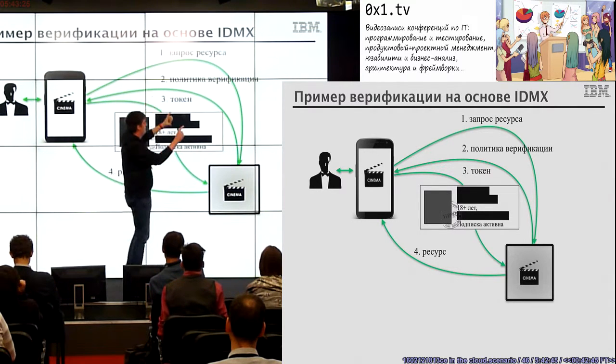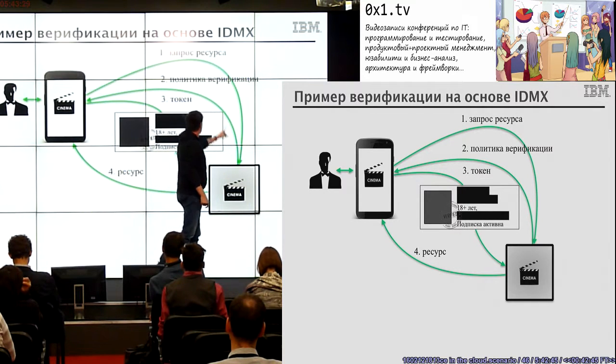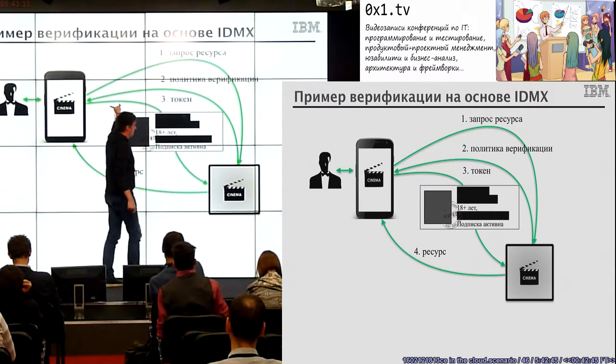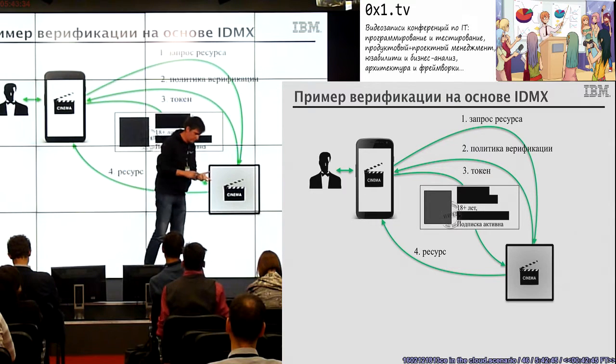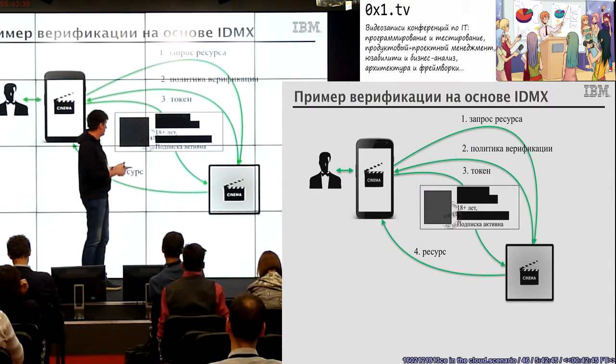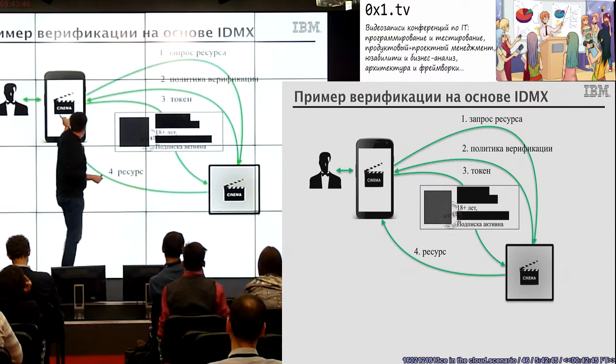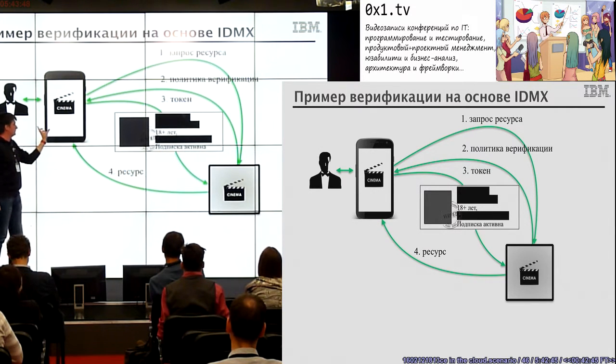What do we do? Give us a resource with this identifier, and the movie theater just sends back a verification policy. The verification policy contains information: the user should have a subscription running, and he should be older than 18. So that's it. An XML file describes this policy. Period. So when we give it to the client,